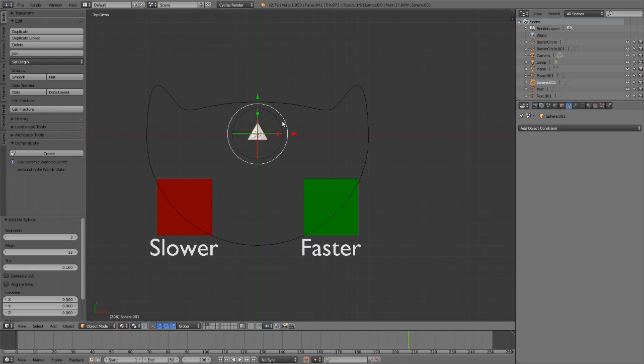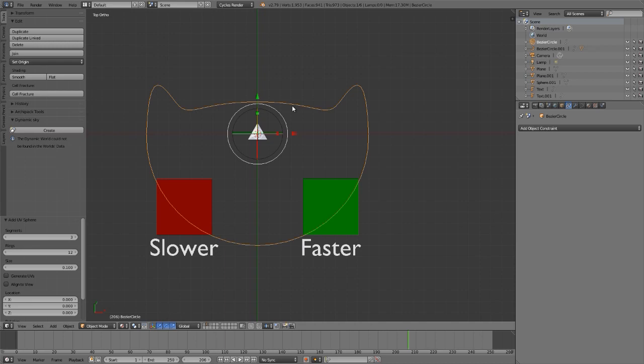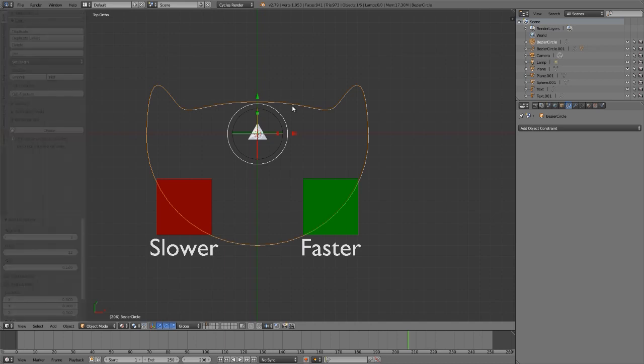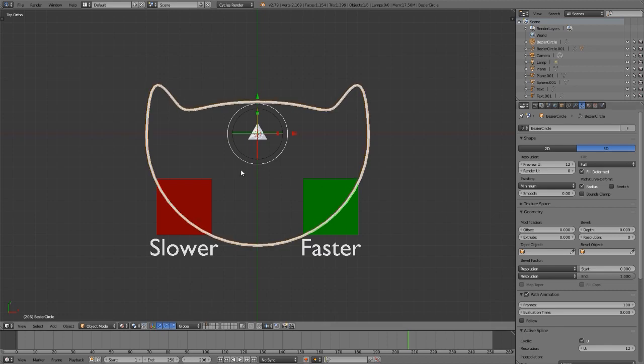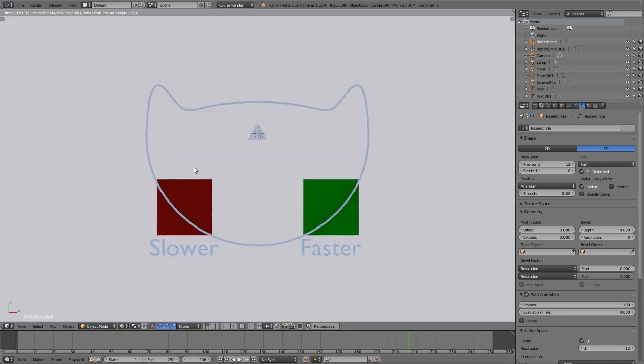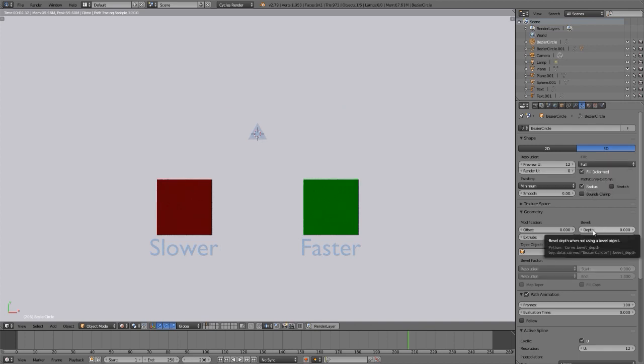I won't move it from the center, and the center is also where this cat head shaped curve has its origin. The curve, if it's filled in and beveled with a depth to show in render mode, can be done so with full, or without the depth it's invisible and we just have the object traveling